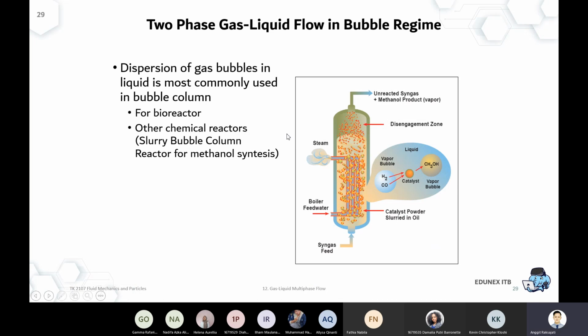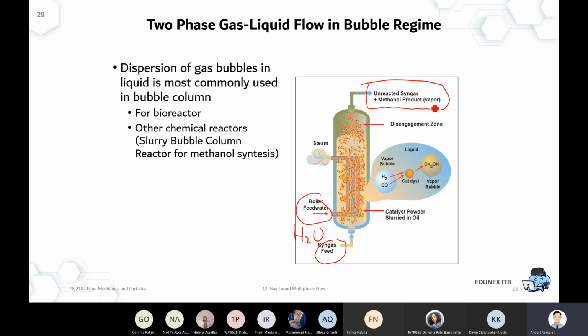So I think that's for the oil and gas application, but for the petrochemical or the traditional chemical industry, it is still involved. We still have some gas-liquid applications. Okay, so I think this is an example of a boiler. You have a boiler with water. That means it's actually water, right? And then you send it to a boiler, and you have a syngas feed.